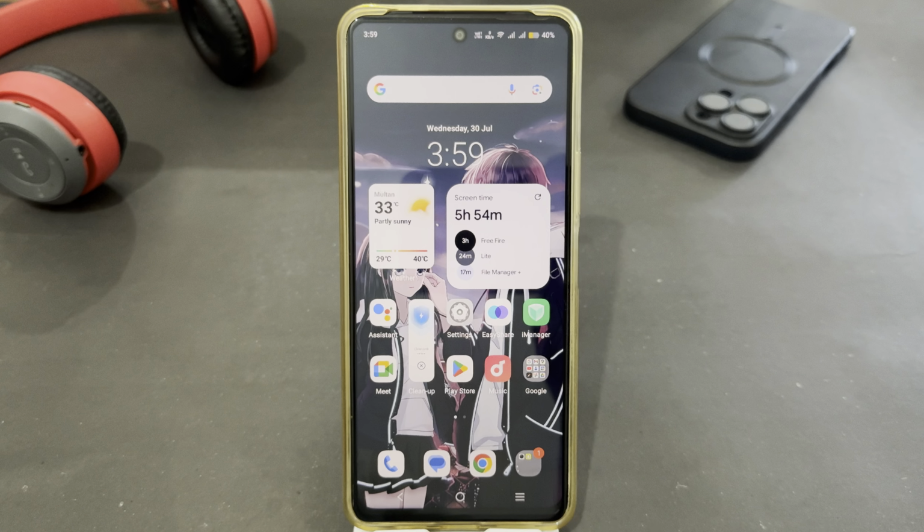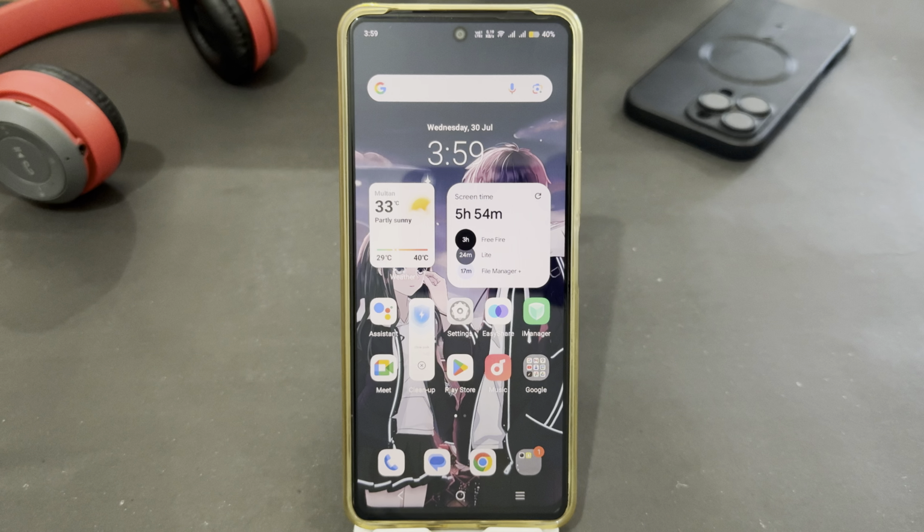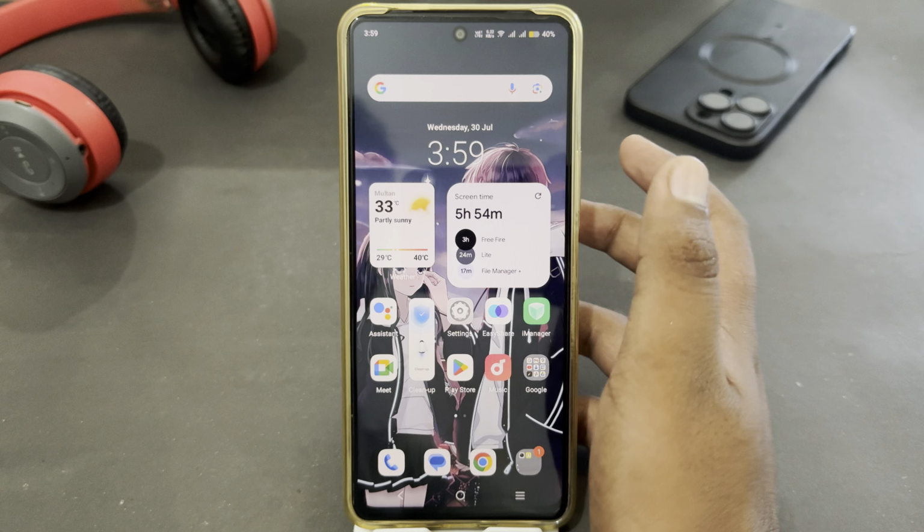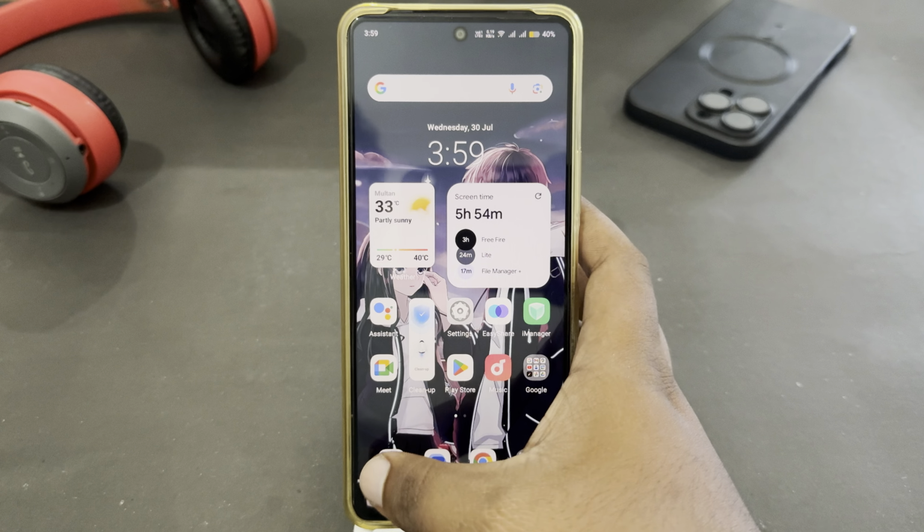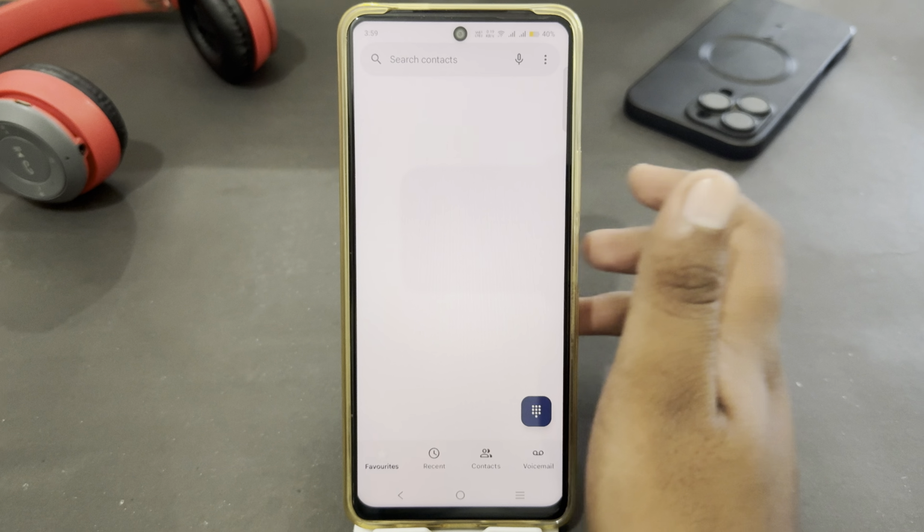Hey guys, today I'm going to tell you how to block spam calls and messages on Vivo Y03t. If you're using Vivo Y03t and want to block spam calls or messages, let's see how you can do this. You just have to open your phone call app and here just select three dots in